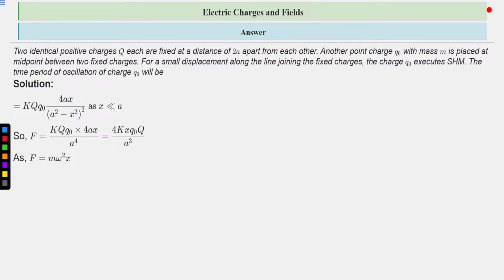Now for simple harmonic motion, we know that force should be proportional to the negative of displacement, or the external force should be proportional to the displacement. So for simple harmonic motion, this relation holds: F equal to m omega square x. Now we will reduce this expression into this form. Now F is equal to this, and we will